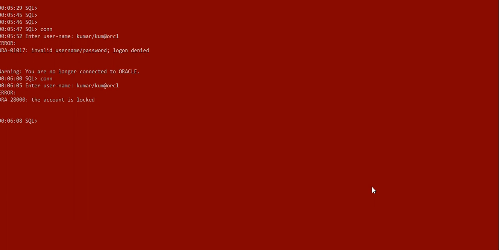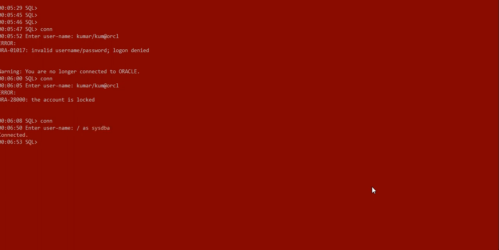So basically when we are working with a user, the main things are the user's name and its account status, whether it is locked or not, because sometimes we get this error many times as people sometimes fail to enter the right password. That's why it happens to the user. So now our work is to unlock that account. First of all, I am connecting to the sys user.